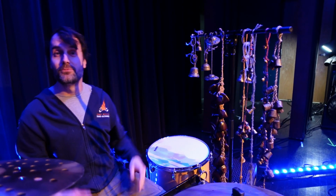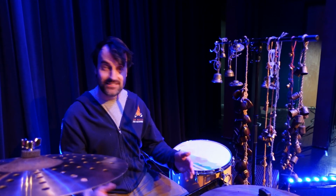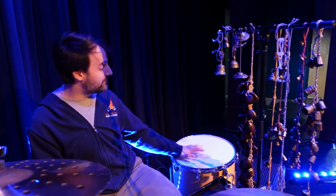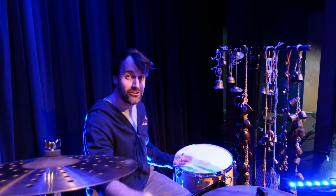And sometimes when you play in a venue and there is already an instrument in place, there was a drum set, so there was a floor tom, and it's nice to add a sound and improvise with the